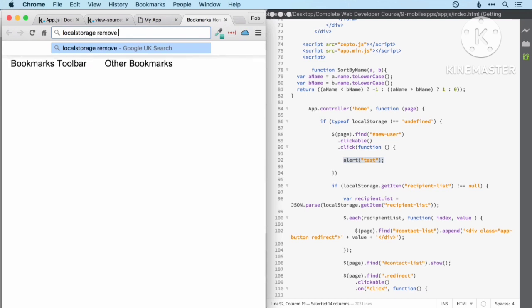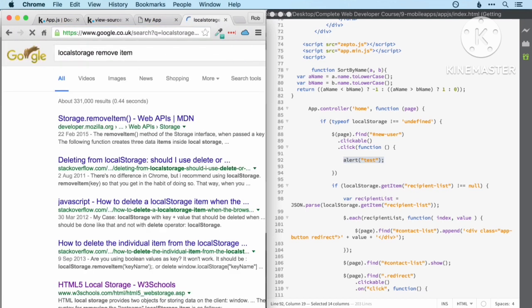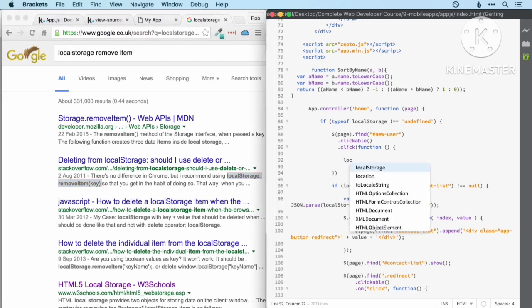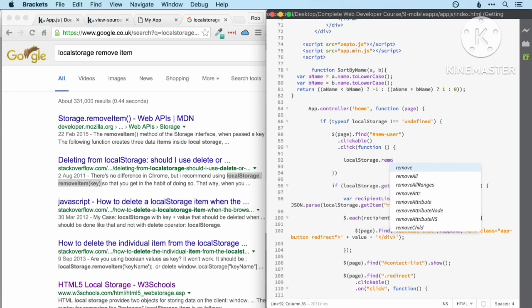Local storage, remove item. Aha, storage.removeItem. That looks so perfect. I don't think we even need to click on it. And in fact, we've got the example in the second result there. So local storage.removeItem. So let's try that. Remove item. And then the key is recipient